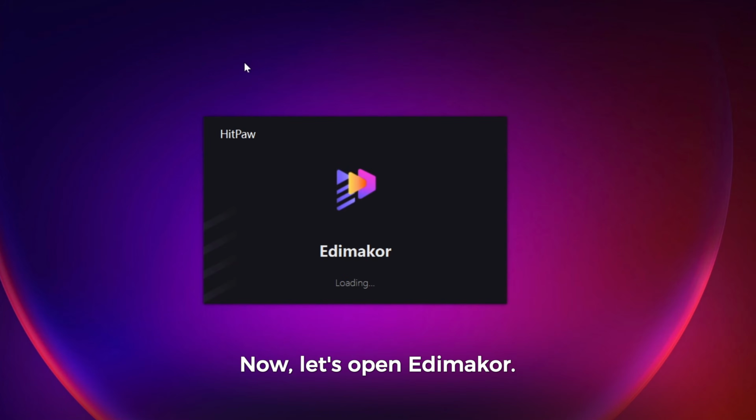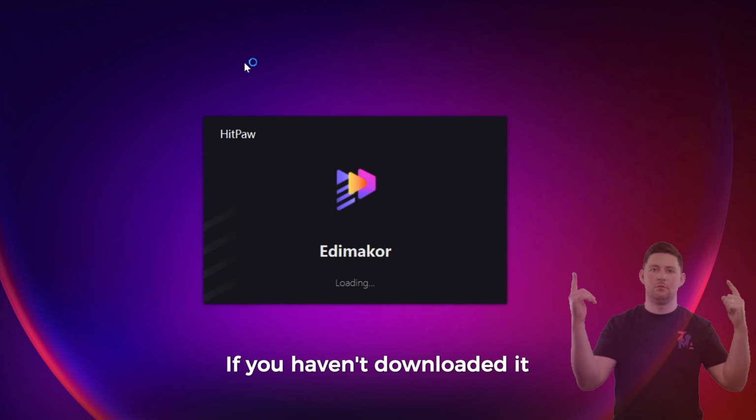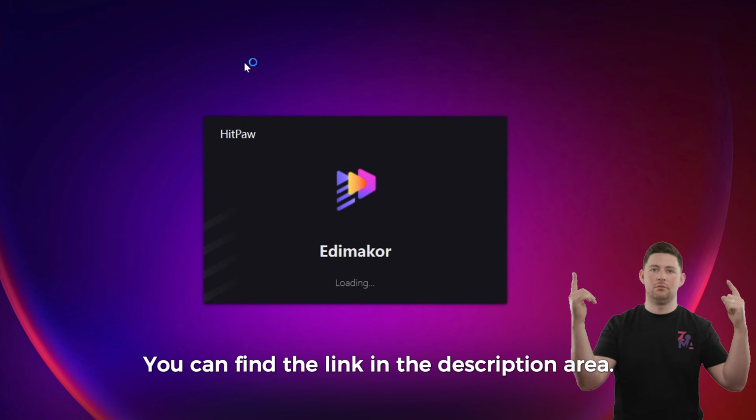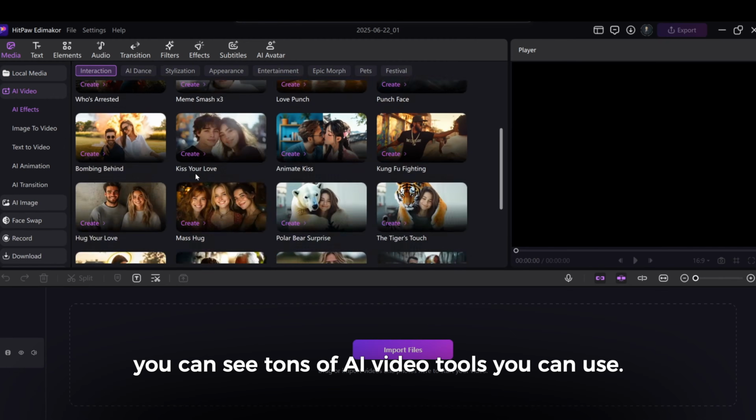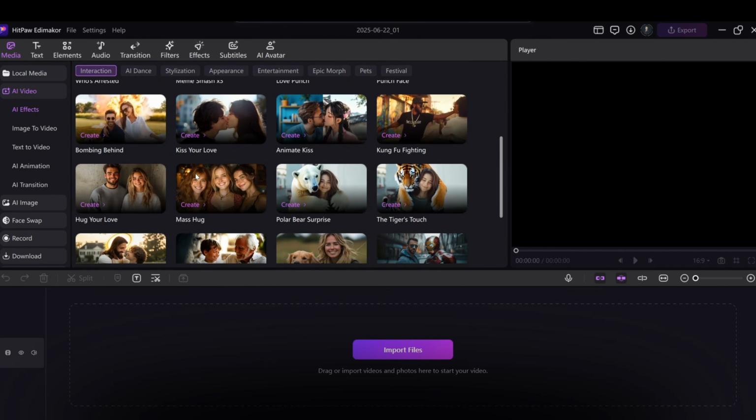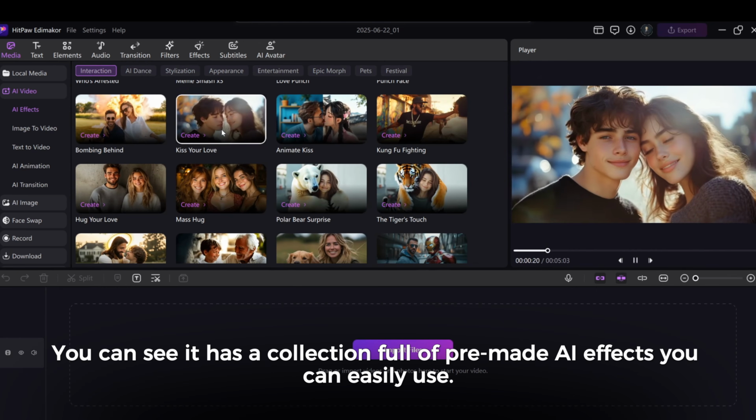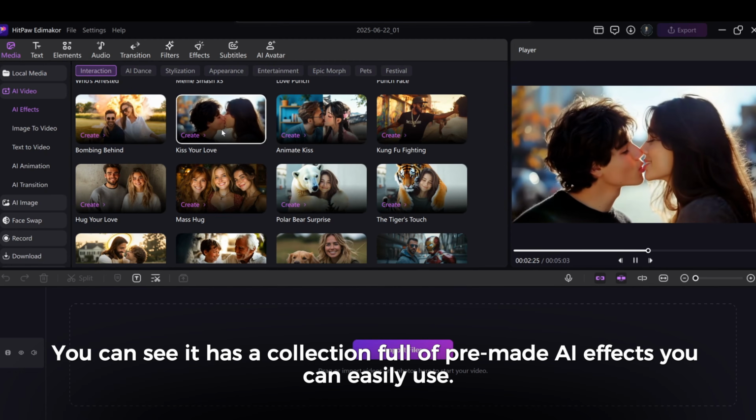Now, let's open Edimakor. If you haven't downloaded it, you can find the link in the description area. Okay, after we opened it, let's head over to the left section. Click AI Video. Here, you can see tons of AI video tools you can use. You can see it has a collection full of pre-made AI effects you can easily use, and you might notice